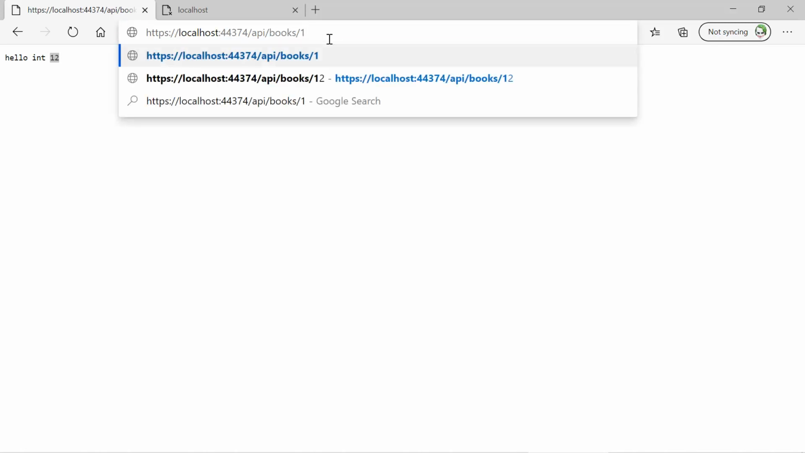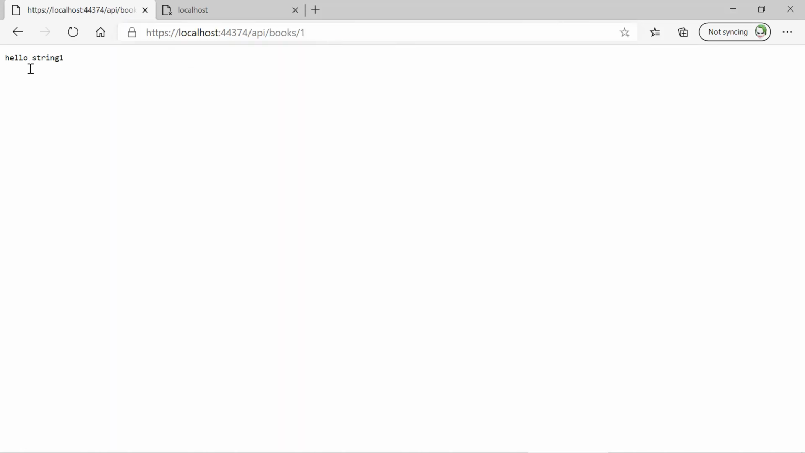So we are getting the proper message like hello int 12, because 12 is greater than 10, that is why it is working. But suppose instead of using 12 I'm passing 1. Press the enter button. This time you can notice that we are navigated to the second one, the string. As I have already told you, by default all the values will be treated as string, and this is the reason that this time we are hitting the